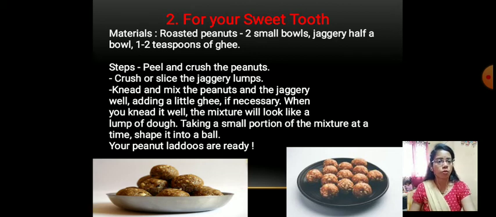Take a small portion of the mixture at a time and shape it into a ball. It means you have to take the roasted peanuts, then jaggery, then ghee.